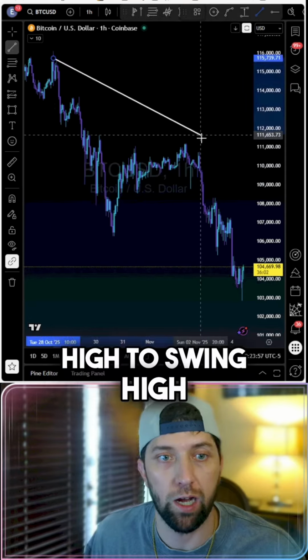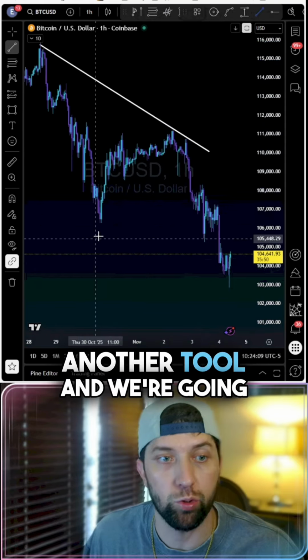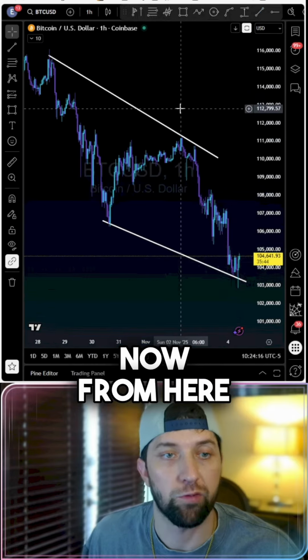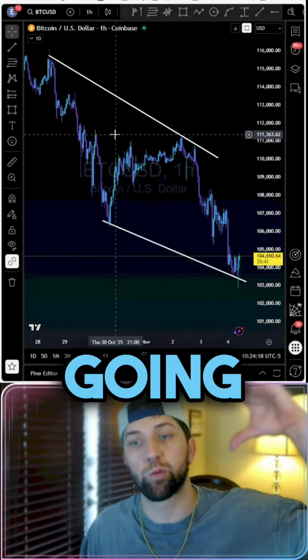So starting on the hourly, what we're going to do is grab a trend tool, and we're going to go from swing high to swing high. And then we're going to grab another tool, and we're going to go swing low to swing low. Now from here, you can see that on the hourly, the trend is going down,